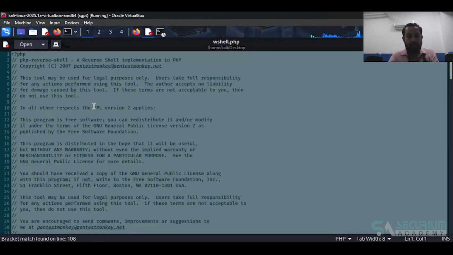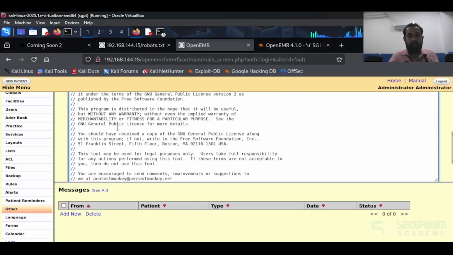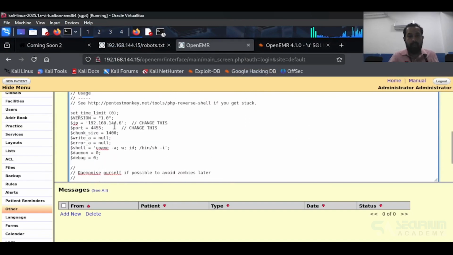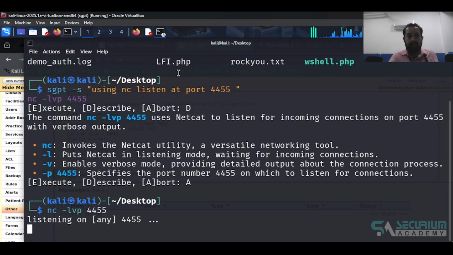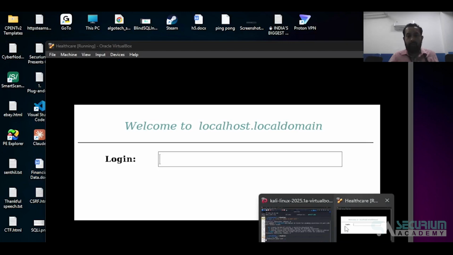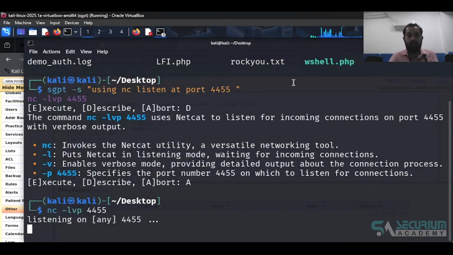And this is the all content. We're going to copy, paste it here. You can see we're able to refresh the web shell, and when we refresh this page, we should get a connection here actually, and we'll be able to gain unauthorized access. Reverse shell will be actually connected from the web server to our netcat listener port. So that we are going to actually